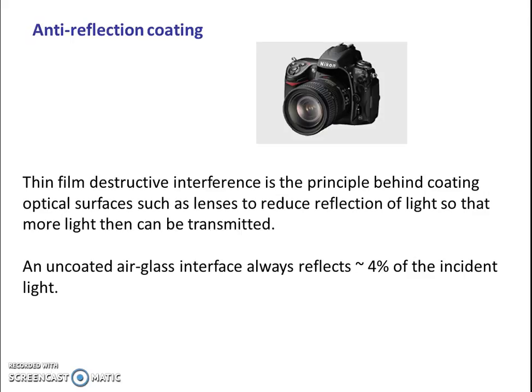We know that an uncoated air-glass interface always reflects 4% of the incident light. So if we use multiple lenses, these 4% and 4% add up, and we can lose a lot of light which should be transmitted and form the image. So to stop this effect, the thin film principle can be used in the destructive interference